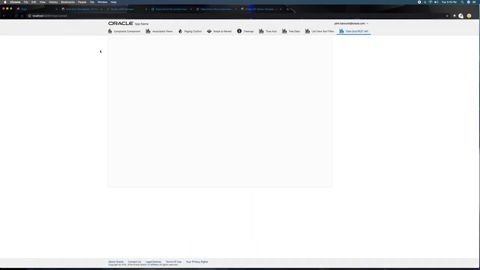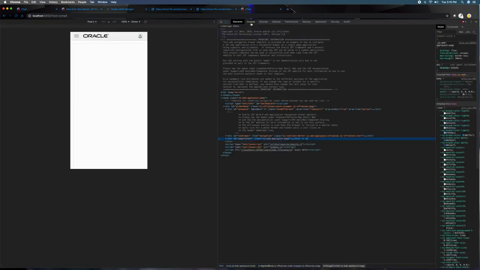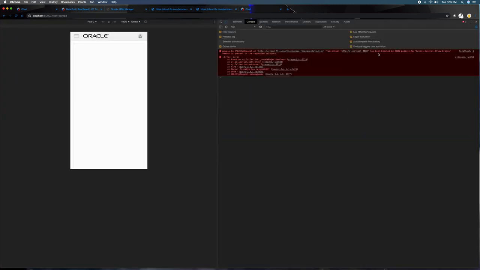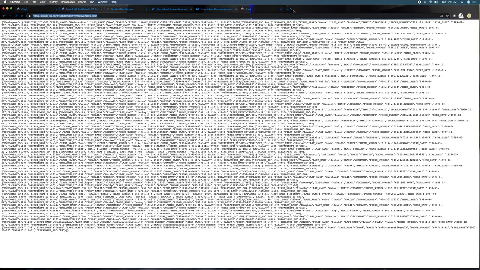As expected, it has crashed. Now this is one of the most famous errors, that is JSON from origin. This thing has been blocked by CORS policy, no access control origin. This is happening because your localhost is trying to contact a JSON that is in some other server with